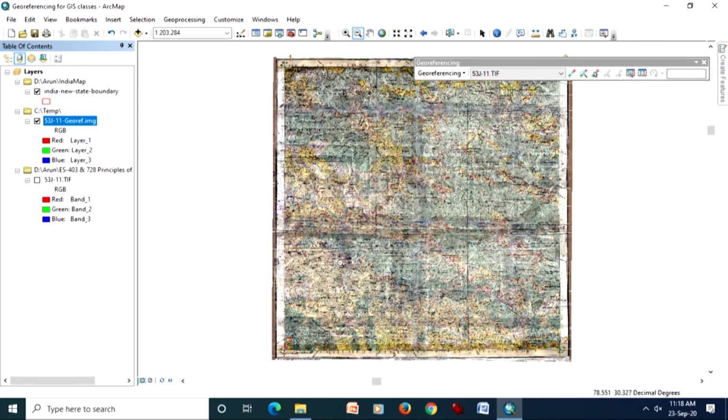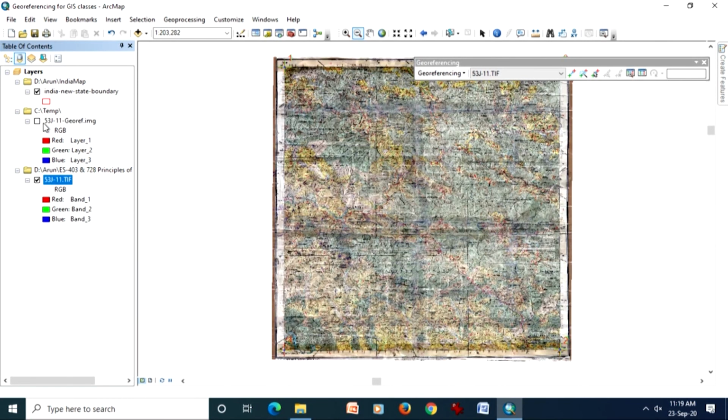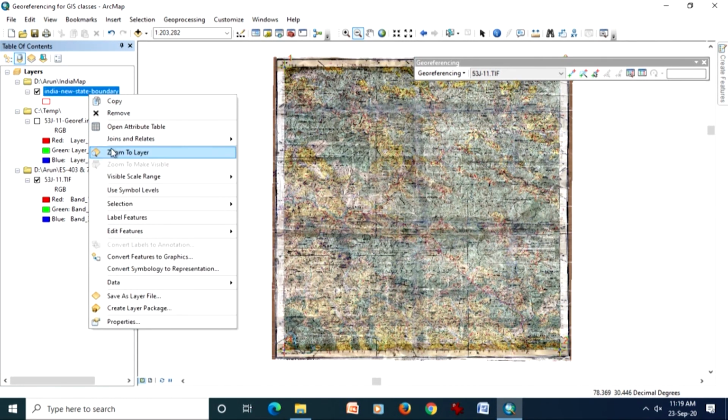The non-georeferenced image was not like this, because originally when I added that image, which was in the geometric domain, you did not see any decimal degrees. So, that is the advantage of having things like that.